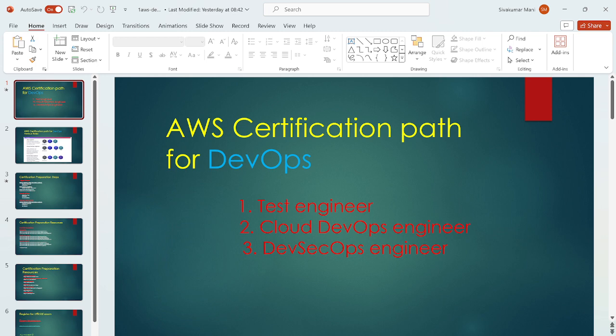For example, each certification has a defined syllabus, so please download those syllabi and go through each and every service, and what has to be followed as part of the services. If you want to start newly, I would recommend going through the path defined by AWS, so that you know where to start and how to end.